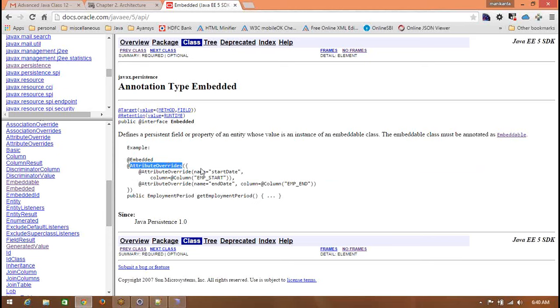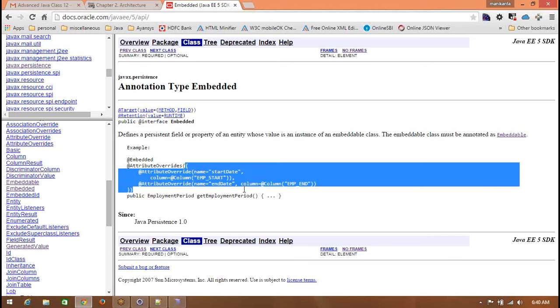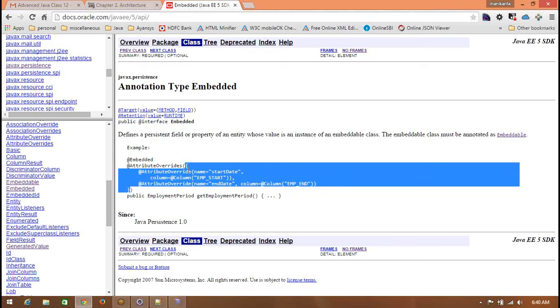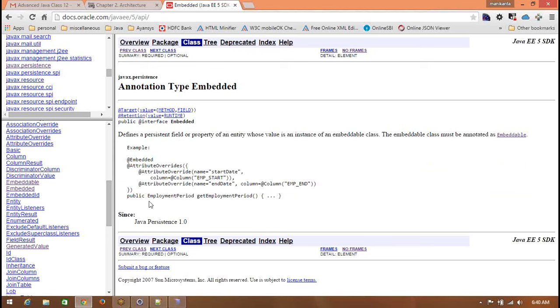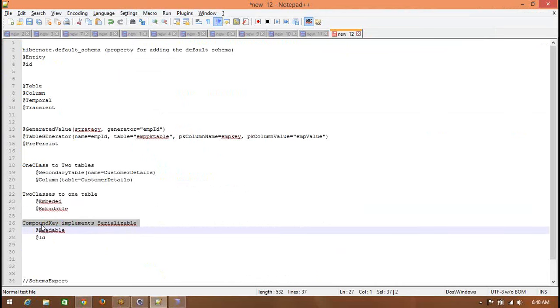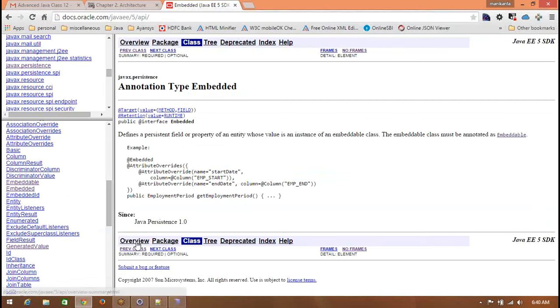For plural you will have an array. So how to take an array? Open parenthesis, right? So you have to make use of that and try this example. Okay, right, so we are done with these things. And compound key, this is a very important thing. What is compound? Compound means